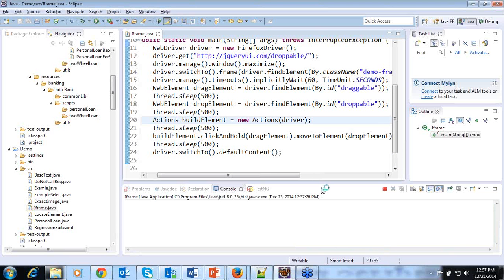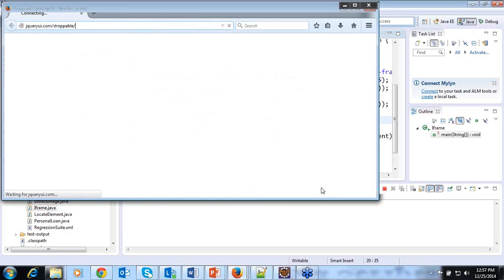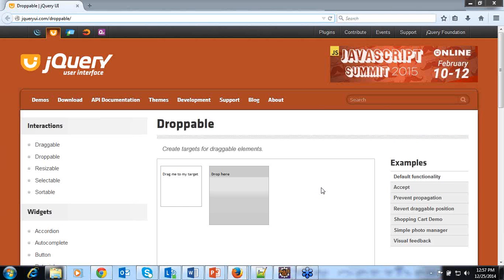Execution started. Launch the browser and place the URL, and now it's performing the drag and drop actions and it is completed.